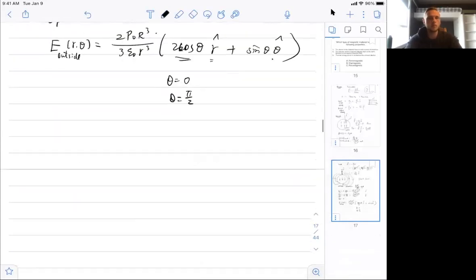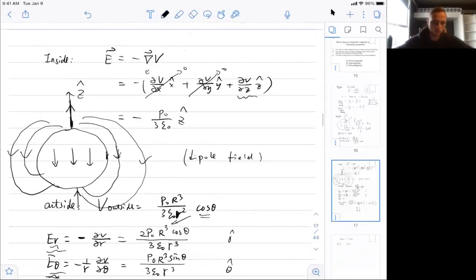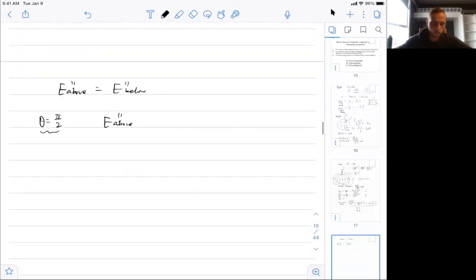Let's do the E parallel. E parallel across a boundary should be continuous. So E above a boundary should equal E below the boundary, the parallel component of that. So let's check if that is true. Theta is pi over 2. When theta is pi over 2, E above is E outside. Above means it's outside. So outside we have this equation, and you plug in theta equals pi over 2, you will get